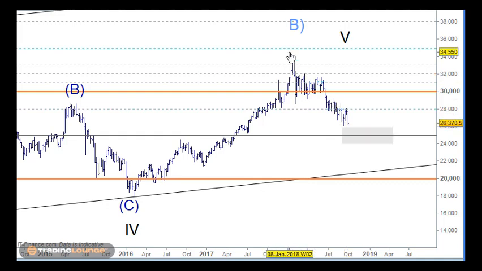So first of all, I started to count it as a corrective move coming down through here. But now it's going to move down further into this space. If this was going to count 5 waves from here up to here, then it would count 1 and 2 and 3 and 4, and then all of this is a 5th wave here. But normally, this being really long, you would just look at this as 1 and 2 and 1 and 2, and look at all of this as a 3rd wave, and then look at the